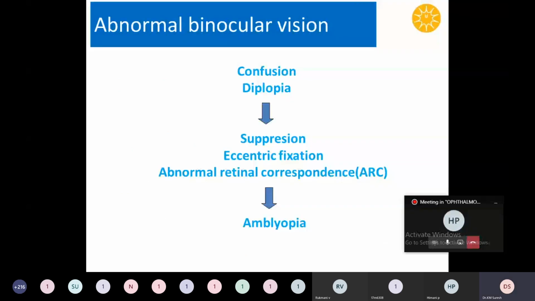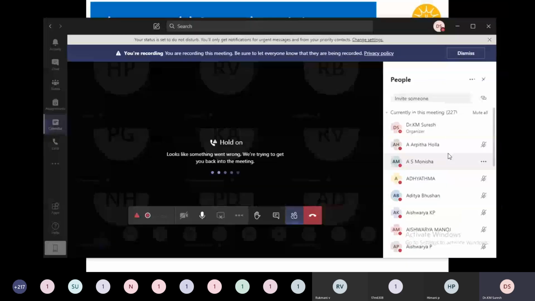So what are the abnormalities now in binocular single vision? Whenever there is no binocular single vision, either due to the failure of the motor mechanism, or due to the failure of sensory mechanism, or due to the failure of mental process, you will have confusion, diplopia, which will cause suppression and eccentric fixation, abnormal retinal correspondence, and that can also give rise to